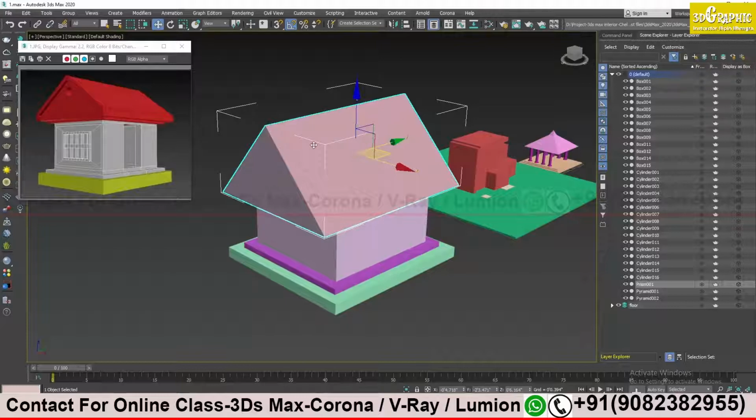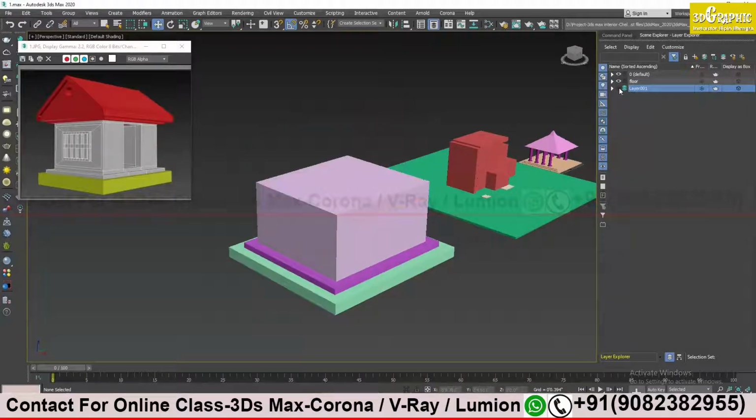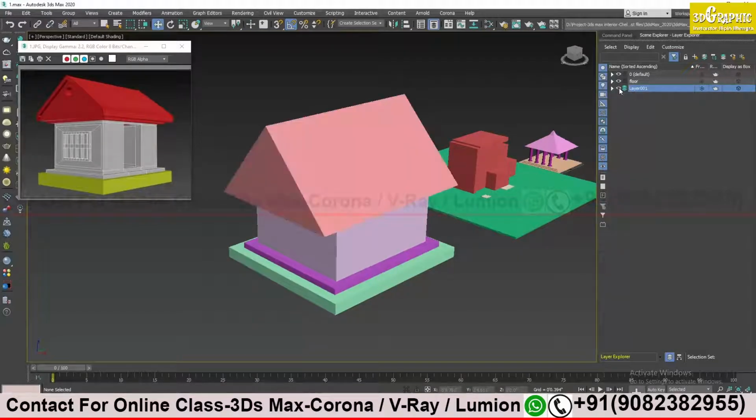First I click on the 3D model and then I click on the plus sign. So now you can see the new layer is created and my selected model is inside that layer. Clear? Clear.